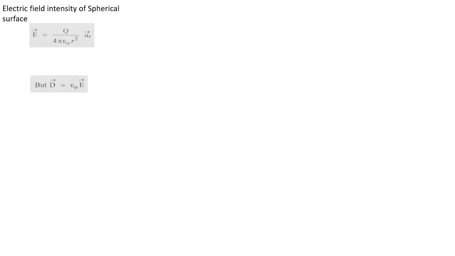We are going to prove Gauss law. Remember the equation of Gauss law: the closed surface integral of D vector dot ds is equal to Q. So we need the closed surface integral of D vector dot ds. The first step is to find D vector. D vector is equal to epsilon naught into E vector. We are taking free space. In case it is any medium, we have to take epsilon into E vector. So I have multiplied epsilon naught with E. Epsilon naught will get cancelled.